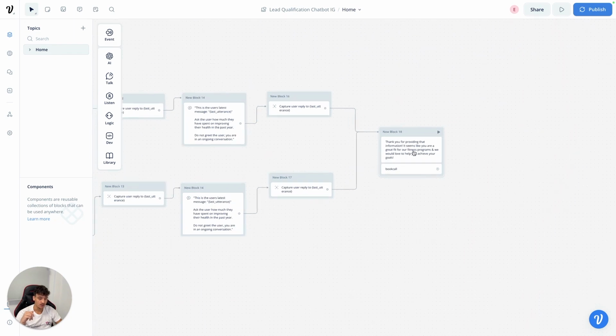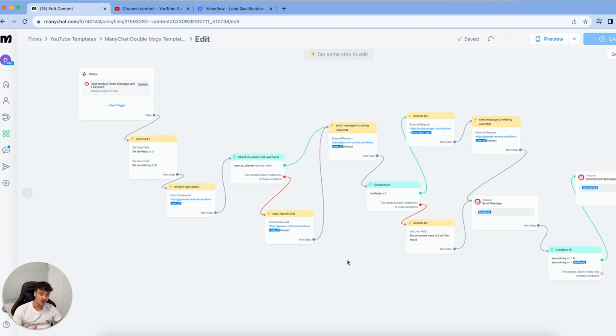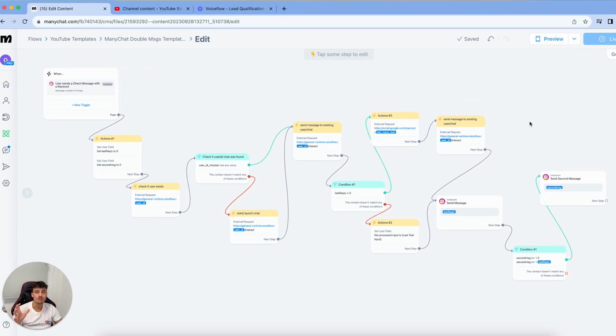At the end, we're going to say thank you, and then we're just going to have book call, which is going to trigger all the steps in ManyChat, which is what we're jumping into right now. All right, guys, so now we are inside of ManyChat, and this is the template which we have already published